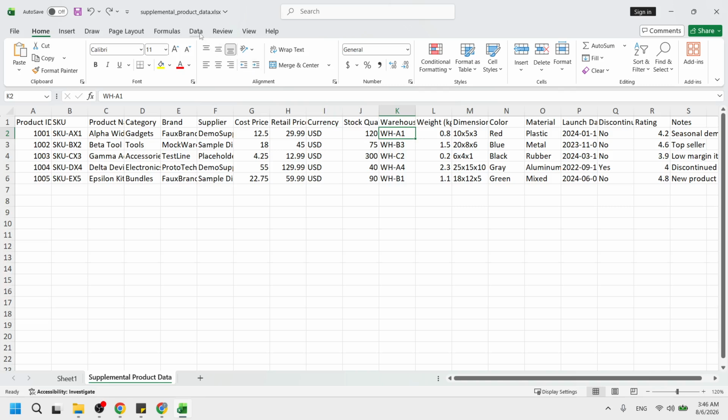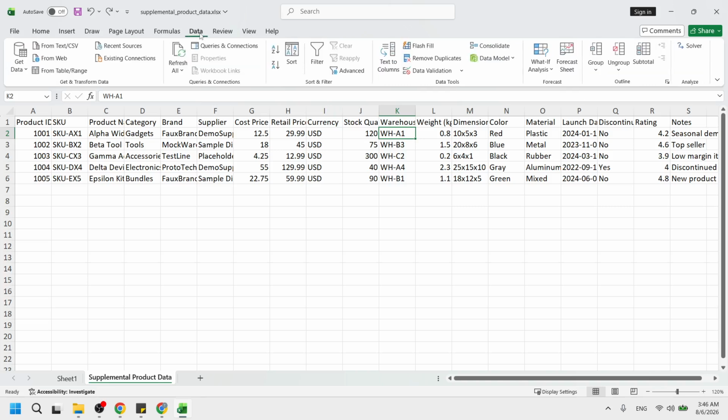From there, go to the Data tab on the top ribbon. At the top of Excel, look for the row of words like Home, Insert, and Page Layout. Click Data, and you will see a new set of tools appear underneath, including options for sorting and filtering. This is the area where Excel puts everything related to managing and analyzing lists of information.